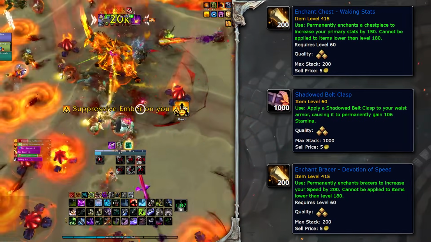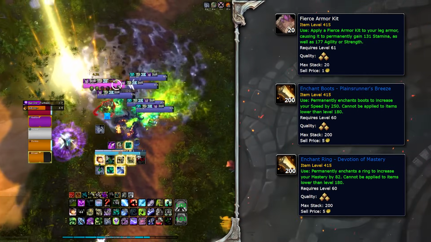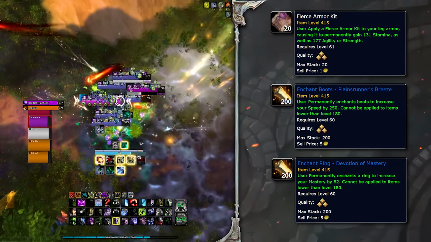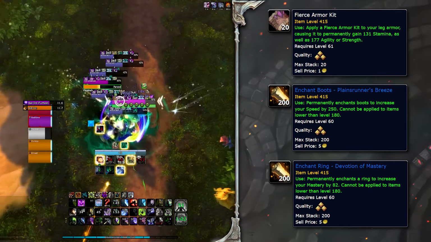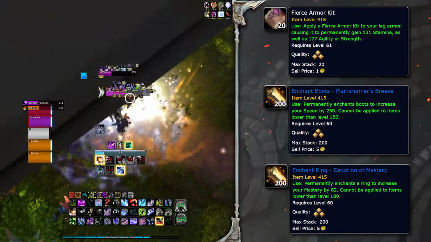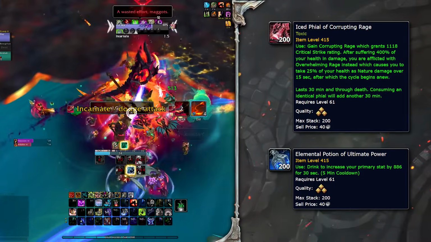Bracers will be enchanted with the Devotion of Speed, again for some extra movement. Legs will have the Fierce Armor Kit for a bump in both DPS and survivability. Put Plainsrunner's Breeze on your boots because more speed. And lastly, Devotion of Mastery for the rings. You can also opt in for haste if you feel you are too slow because of the GCDs on the rings, I mean. Iced Phial of Corrupting Rage will be the best phial to use regardless of content,